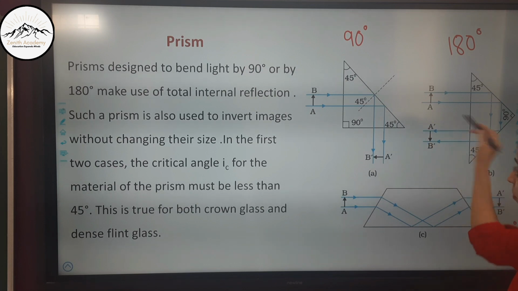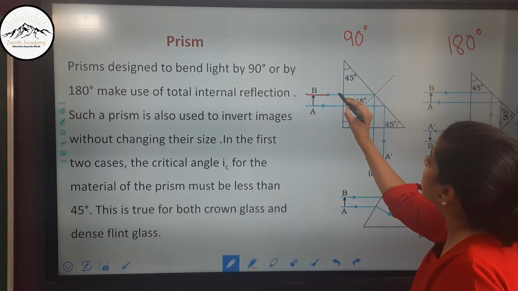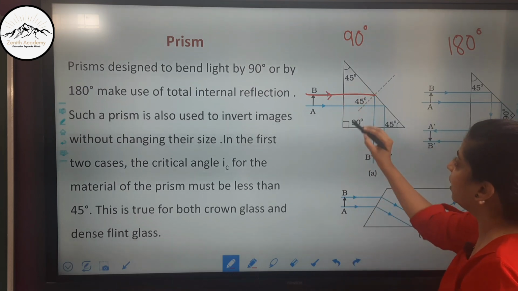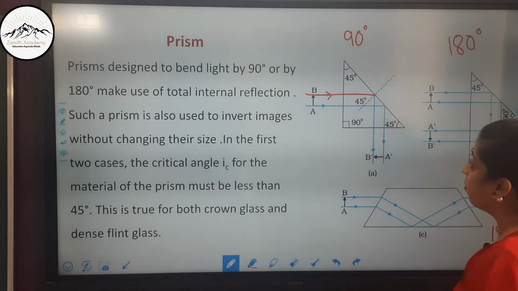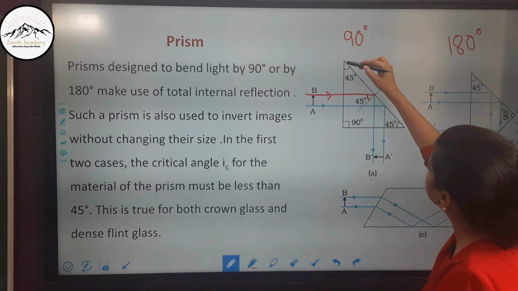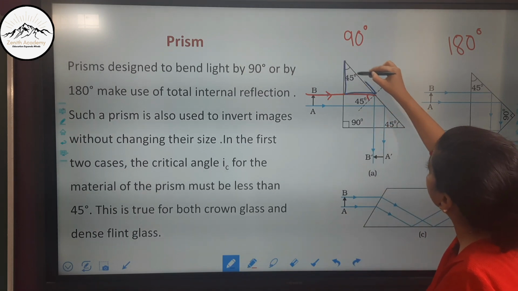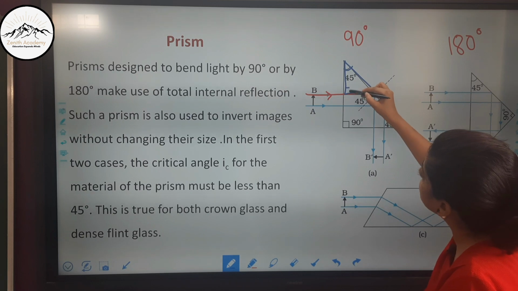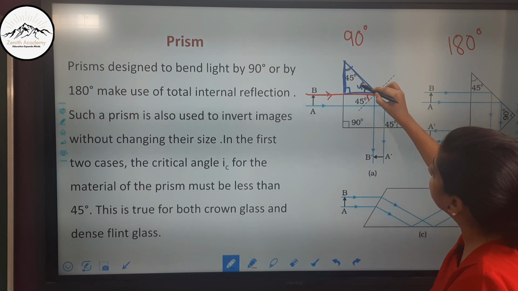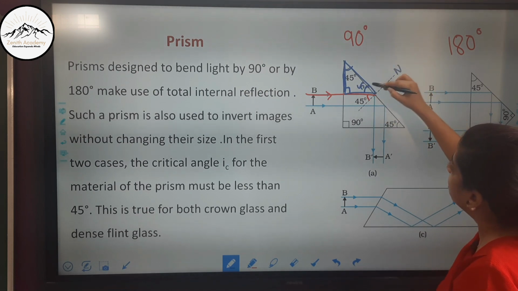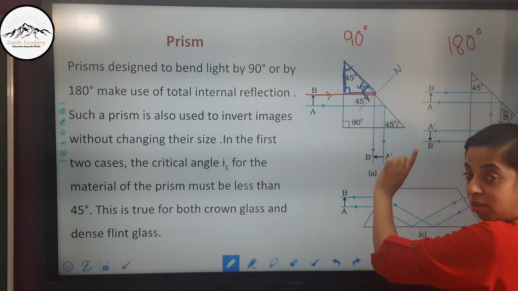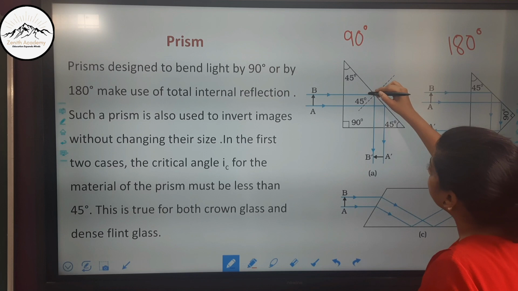Okay. So we'll talk about these triangular prisms now. Suppose this is the incident ray, and this is a right angle prism. This is 90 degrees, this is 45 and this is 45. So my dear children, what will be this angle? How will you determine this? Now suppose take this triangle. This is 45 given. This is 90 we know. So this will also be 45, correct? And since this is normal, this full angle will be 90. So if this is 45, this has to be 45. So I hope you got how it is 45.